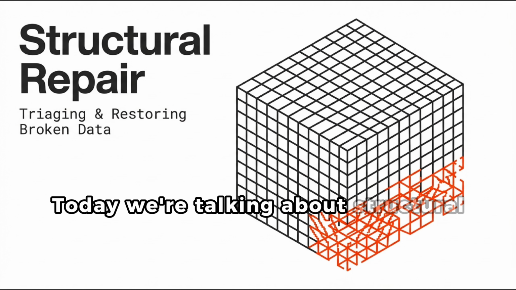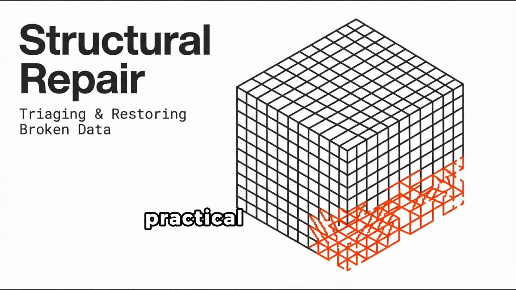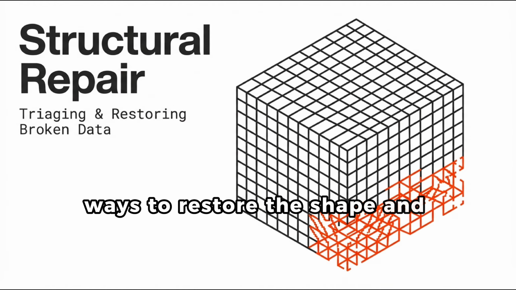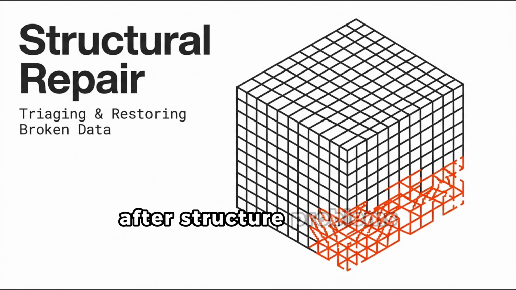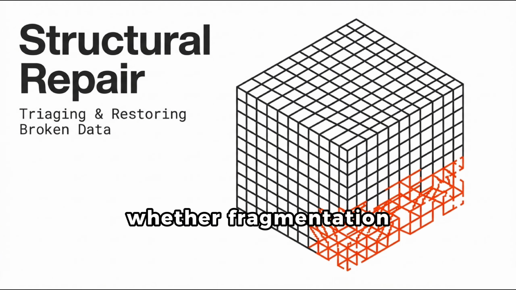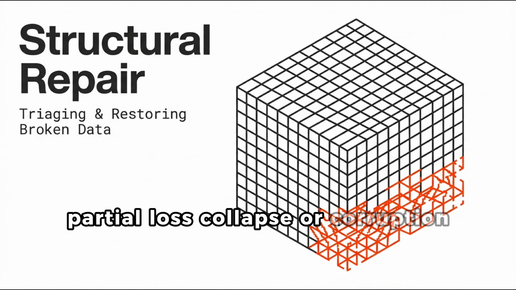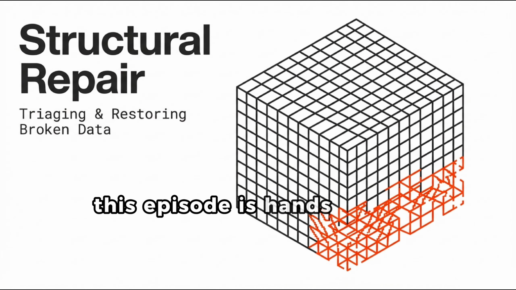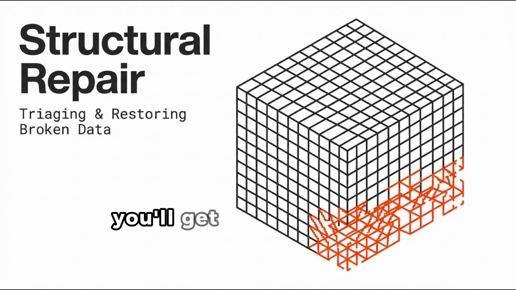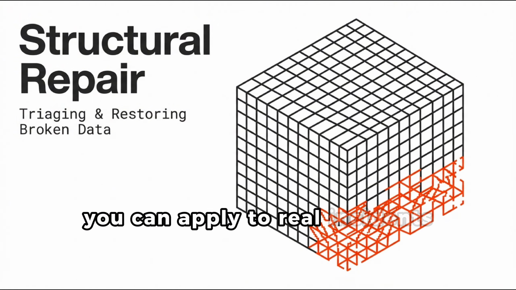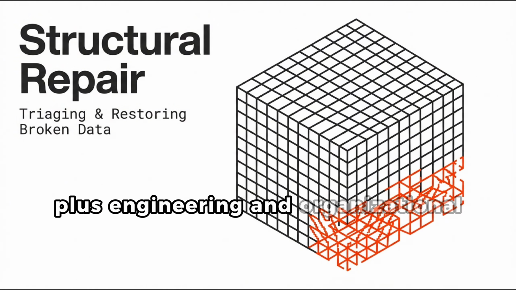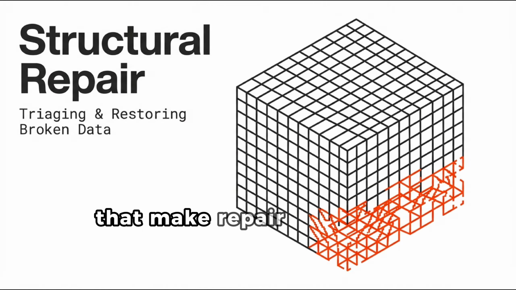Today we're talking about structural repair, practical, repeatable ways to restore the shape and meaning of your data after structure problems, whether fragmentation, partial loss, collapse, or corruption. This episode is hands-on and example-driven. You'll get a repair pattern you can apply to real incidents, plus engineering and organizational practices that make repair predictable